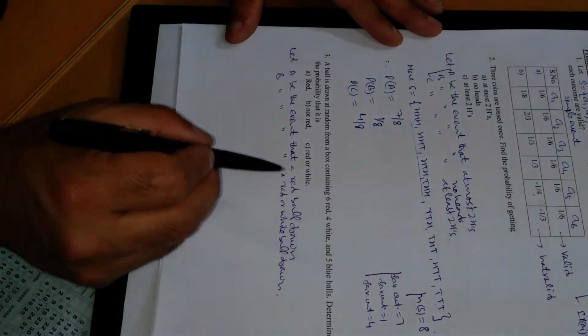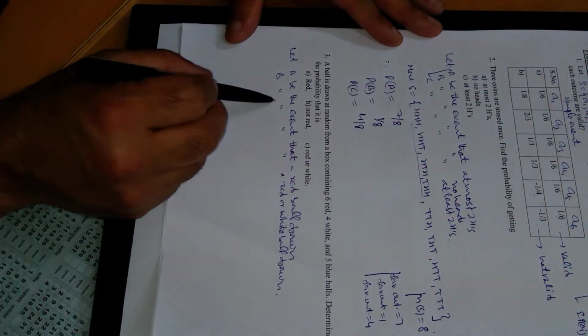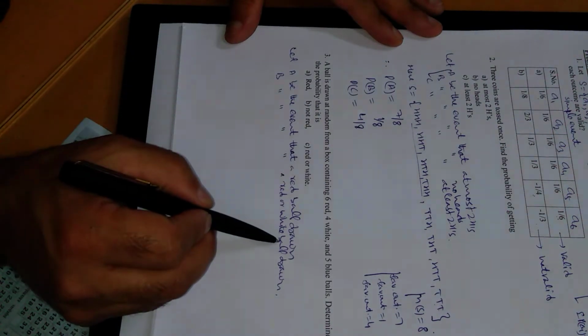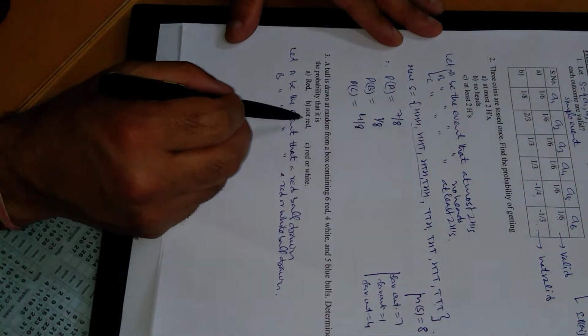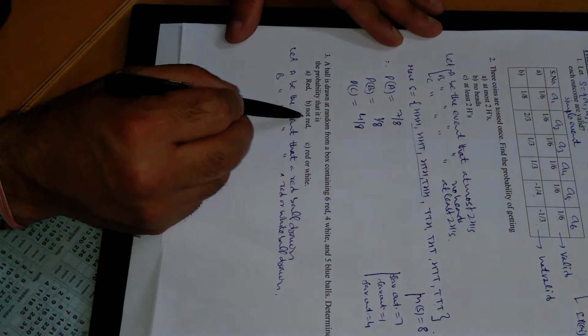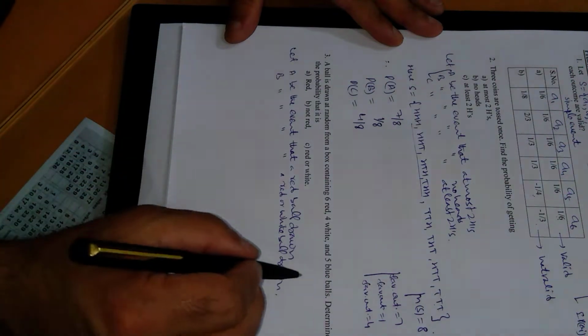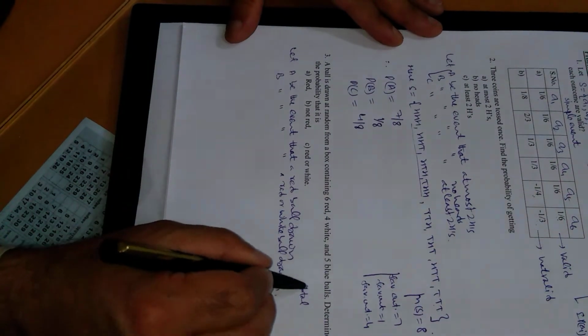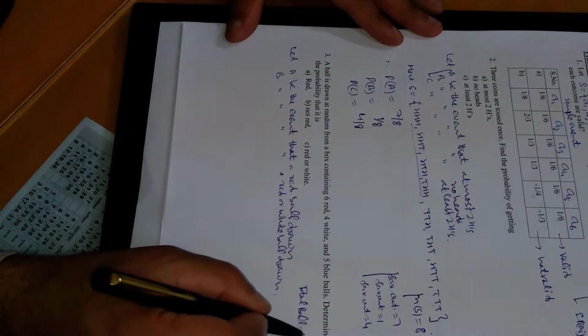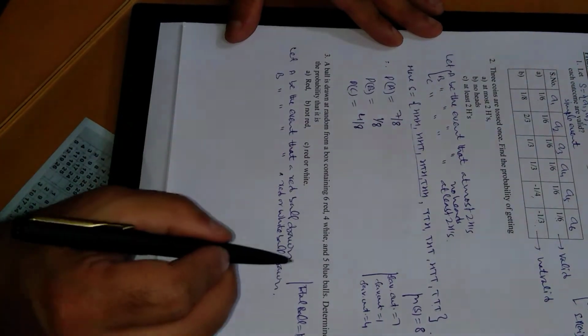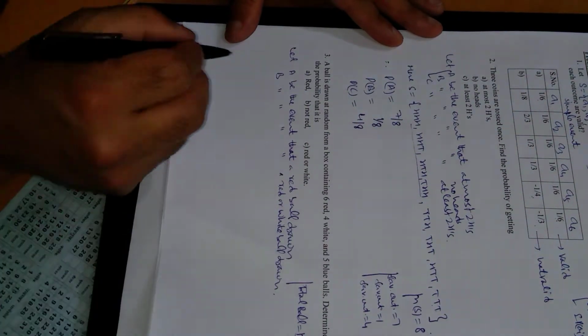Let A be the event that a red ball is drawn and B be the event that a red or white ball is drawn. I am not going to suppose a different event for not red, because this is similar to red. All right, so total balls here are clearly 15. So maximum outcomes are 15.